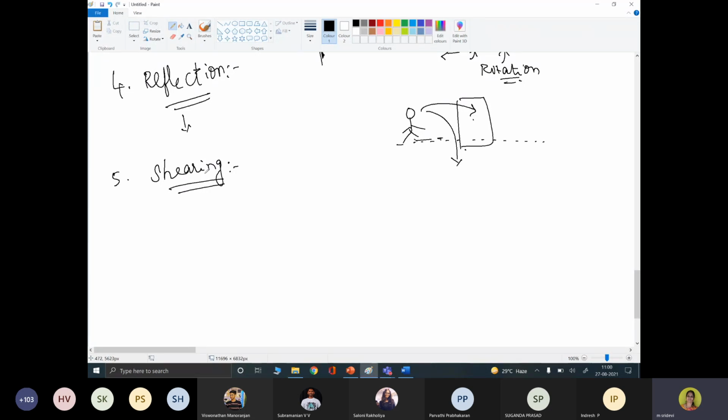Shearing or shear. Till now, whatever we have seen, when it comes to reflection also, what will happen to the object size and the shape? Will the size be changed when you reflect it? No, ma'am. The size will remain the same. What about the position? Even the position remains. But it is in an inverted case. Suppose laterally inverted. I am performing with respect to this axis.